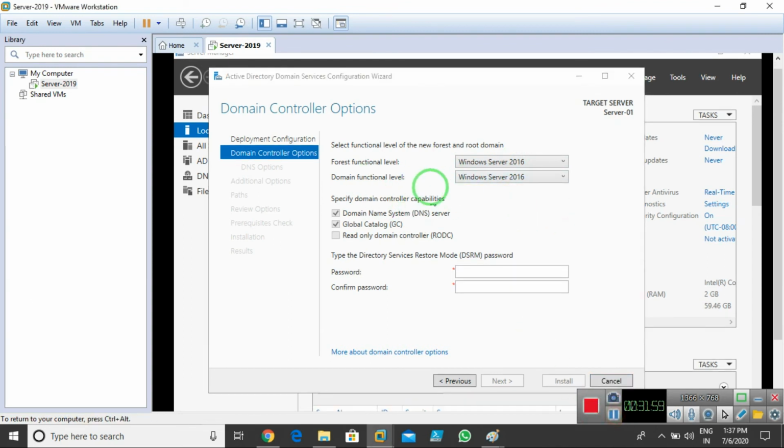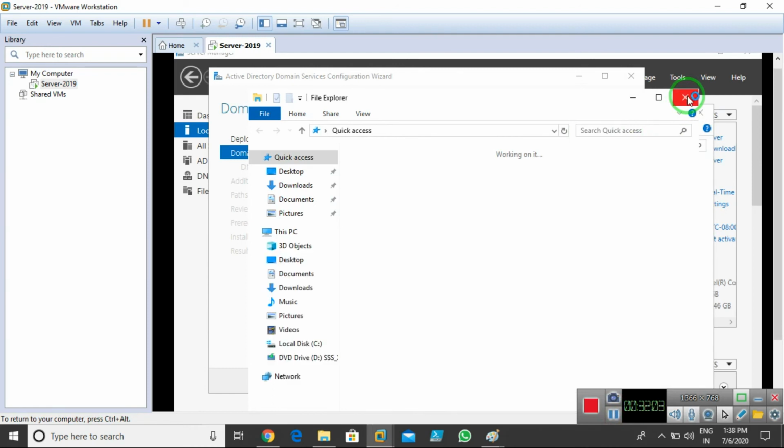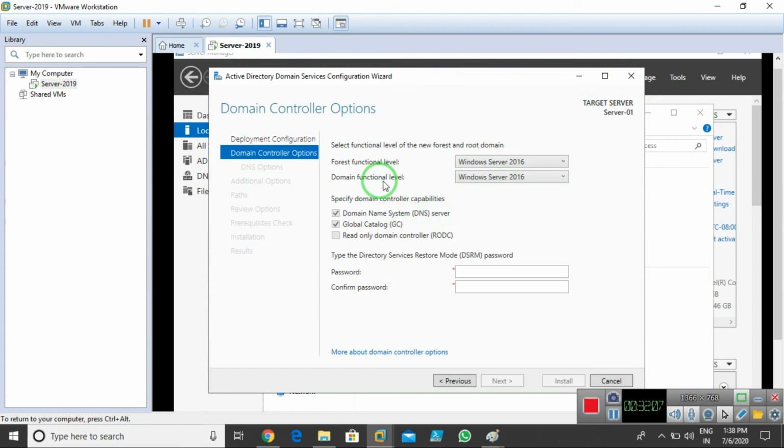Okay, so if I choose server 2016 there, then in my complete forest, or in my company, I'm not able to use 2012 servers. I'm able to use only 16 and 19 servers.